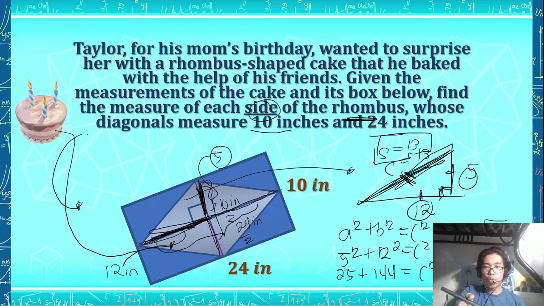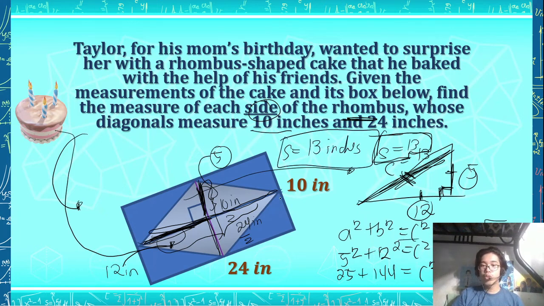So if the side measurement of the rhombus is equal to 13, then we found the answer to our problem. Find the measure of each side of the rhombus. That's going to be 13 inches, using the Pythagorean theorem and also our knowledge about the diagonals of a rhombus. And that's how we solve